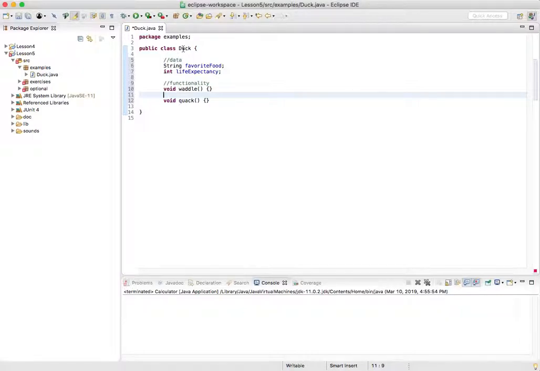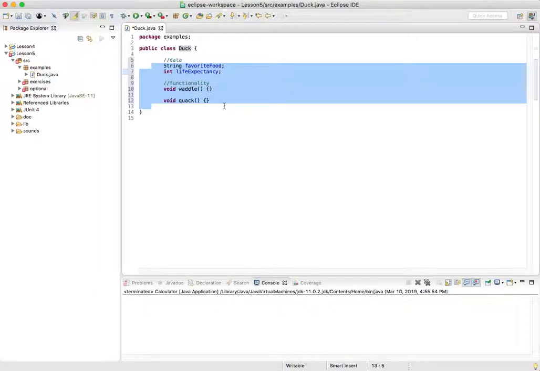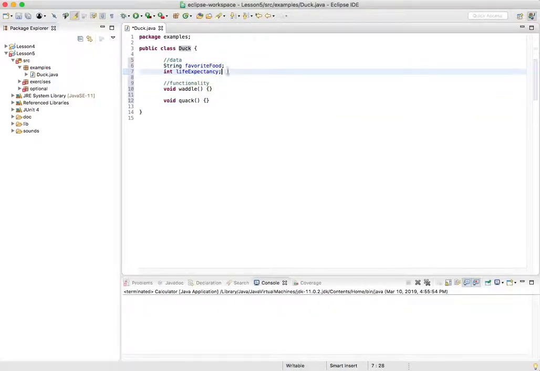An object is kind of like a template or a stamp, so I'm going to be making different ducks. Each duck is going to have a different favorite food and a different life expectancy. Actually, those may be somewhat related. But anyways, for good practice, and I guess I'm probably going to be talking about this in the next lecture,